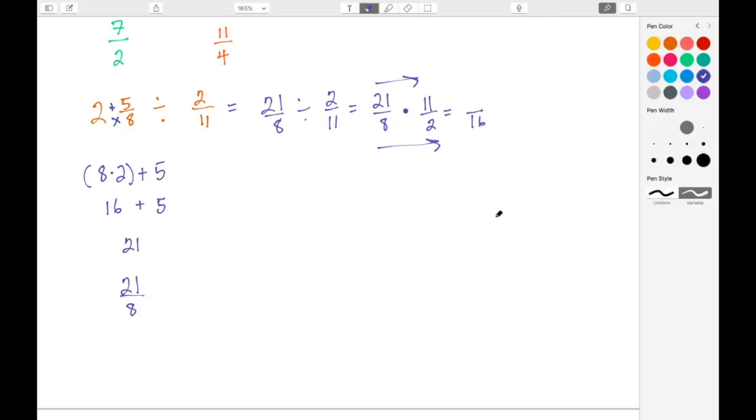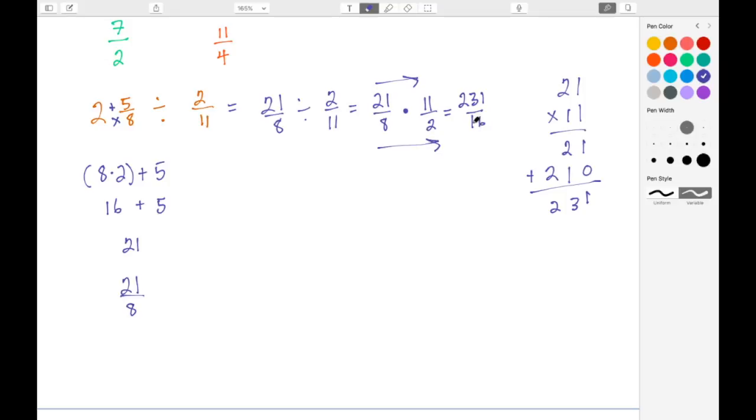And then let's go ahead and just do the standard multiplication for the 21 times 11. So 21 times 11, 1 times 1 to give me 1, 1 times 2 to give me 2, a 0 to hold my place, 1 times 1 to give me 1, 1 times 2 to give me 2, and then I add up these two partial products. 1 plus 0 to give me 1, 2 plus 1 to give me 3, and 2 plus nothing to give me 3. So my numerator here is 231.